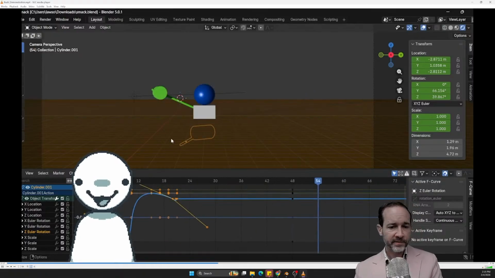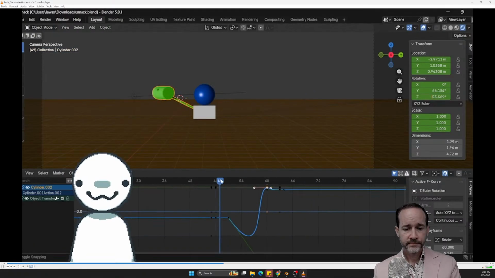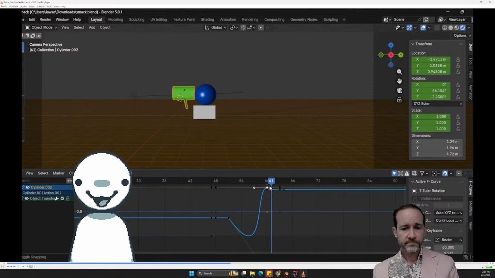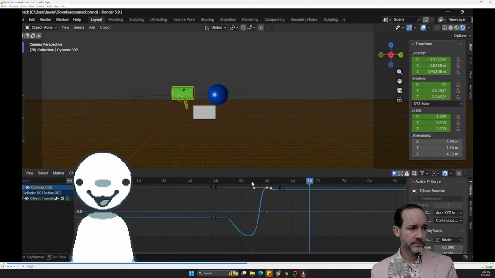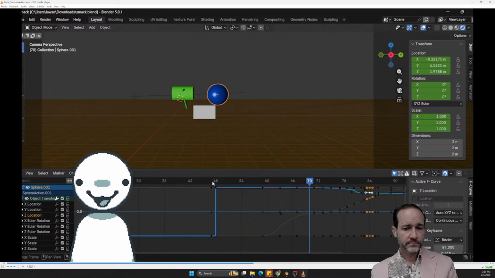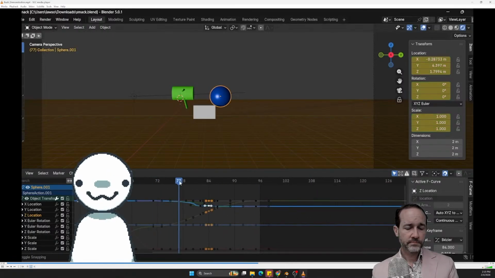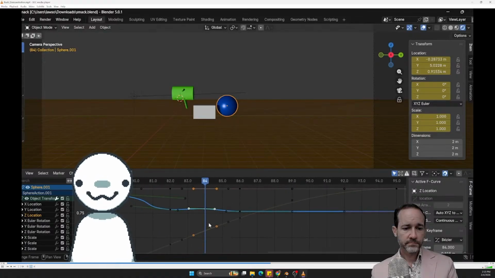And for the second one, the hammer goes back and kind of goes forward just a tiny bit, but then just retreats back to its original position. Then we have the ball, and that just rolls off, falls off, bounces a little bit. It's very small, but it does have a bounce, and it rolls off.